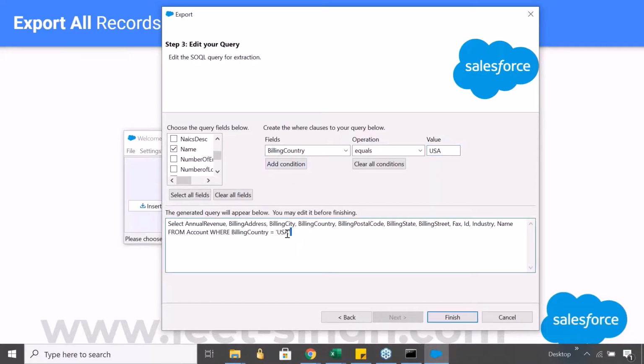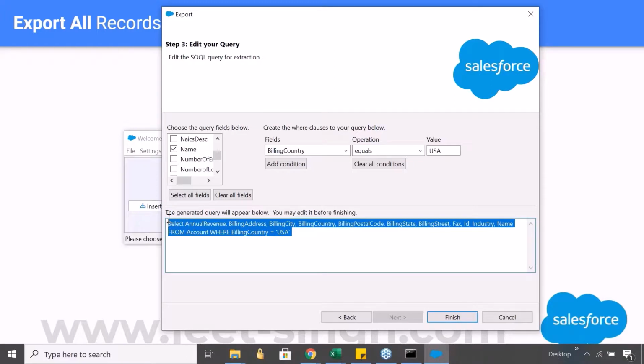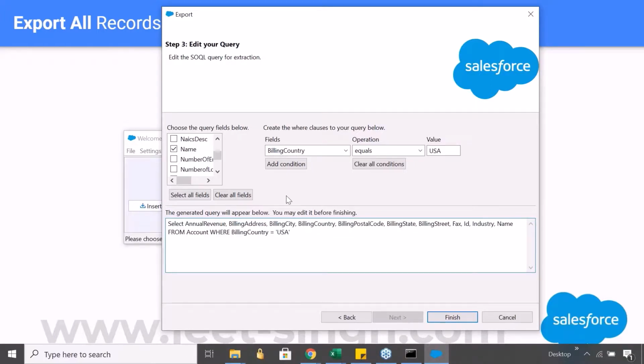Yeah, so this condition got added. Now if you want to put some other condition, you can add that condition again. So that is it. Now you will be able to export all the records. Let me remove this condition because I'm not sure there will be records if I put this condition. Let me just run this query.